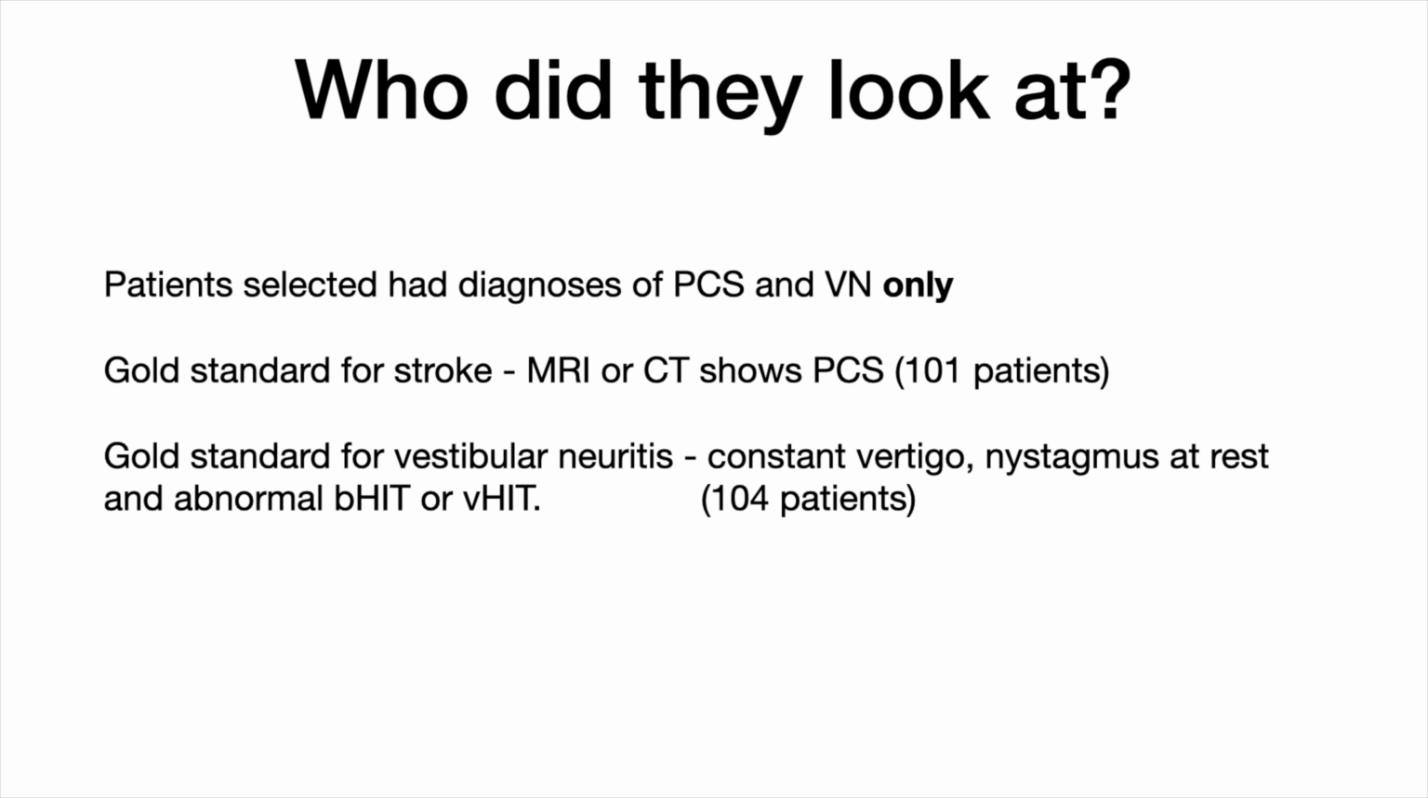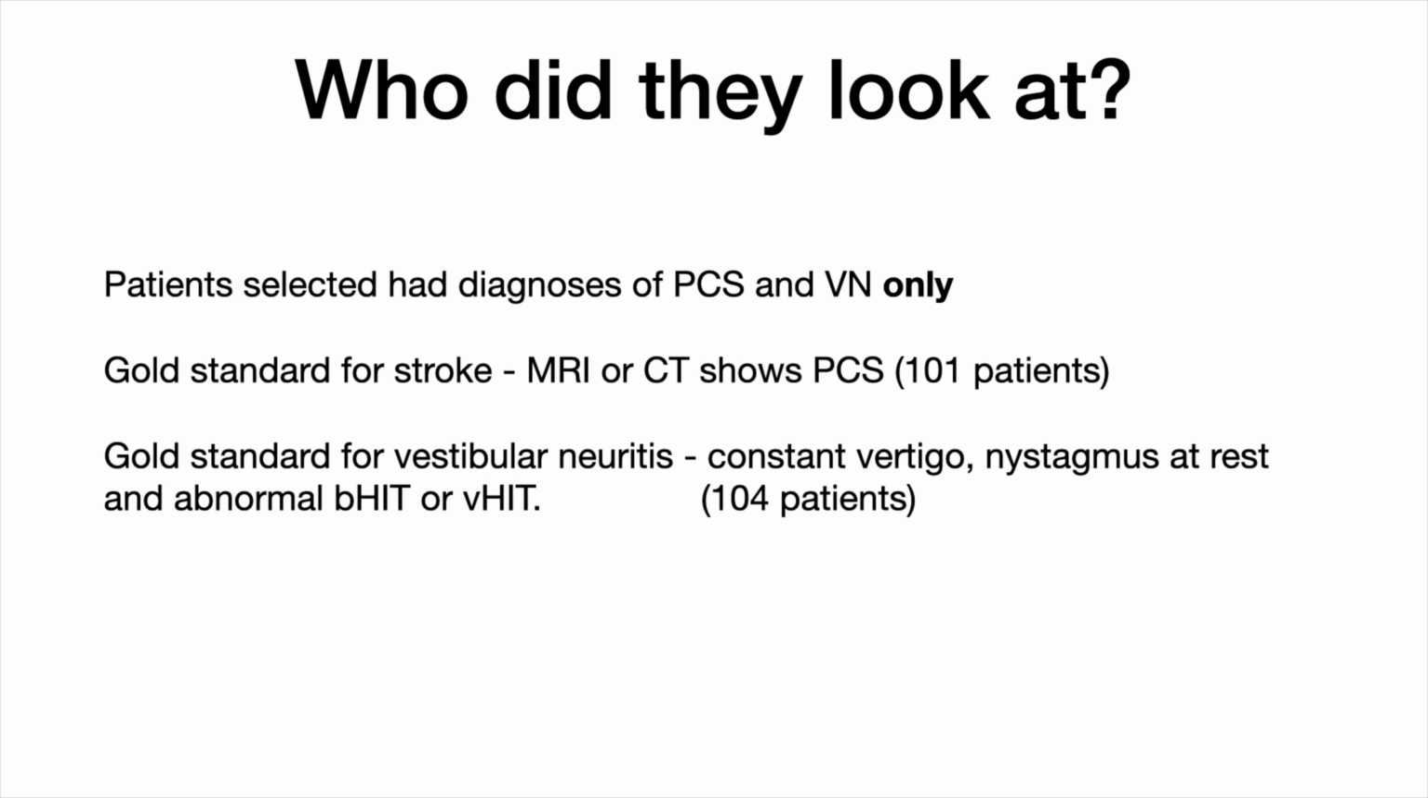In any case, in the paper that claimed no nystagmus was 100% specific for posterior circulation stroke, they selected only patients who had either posterior circulation stroke or vestibular neuritis. And their gold standard test for posterior circulation stroke was MRI or CT showing a stroke. And they had 101 patients with a dizzy stroke. The gold standard for vestibular neuritis was having an abnormal bedside or video head impulse test, and they had 104